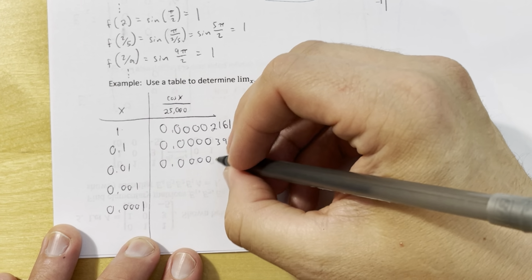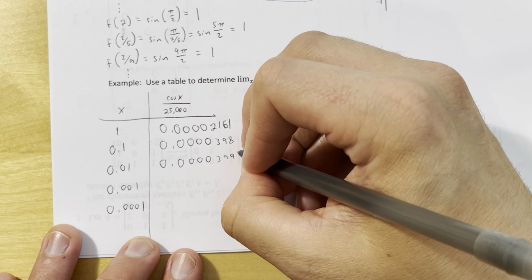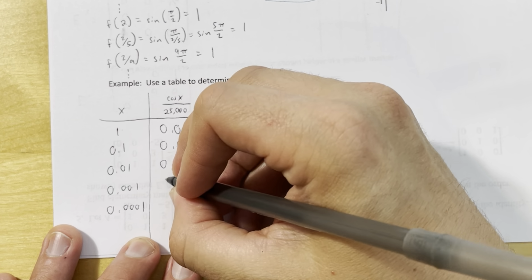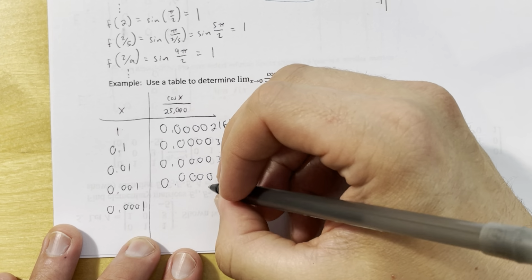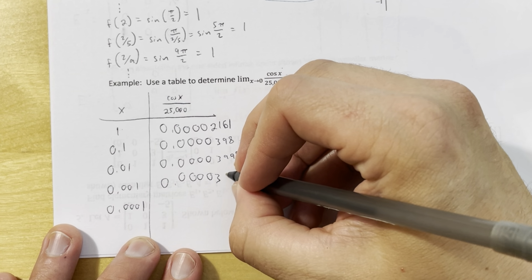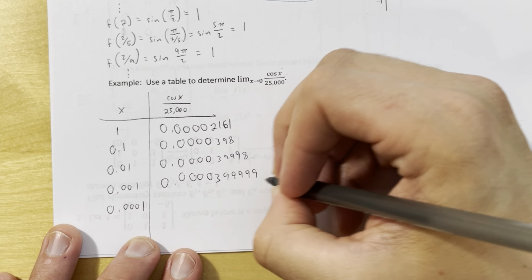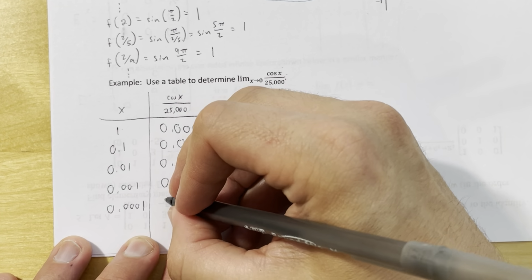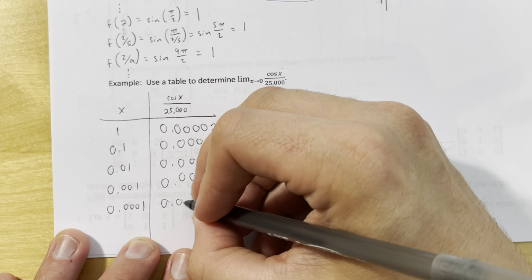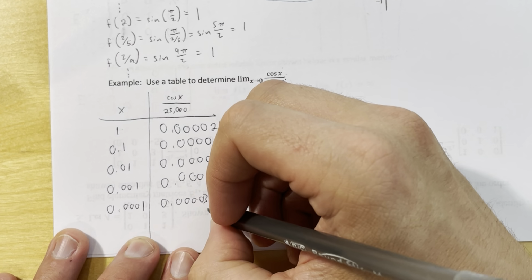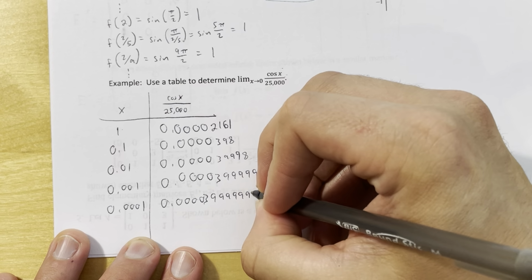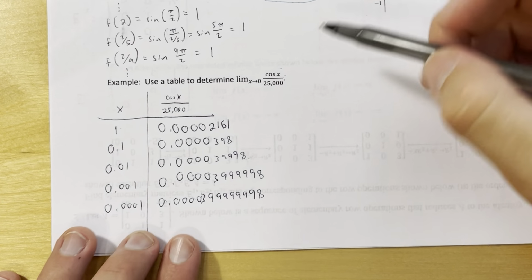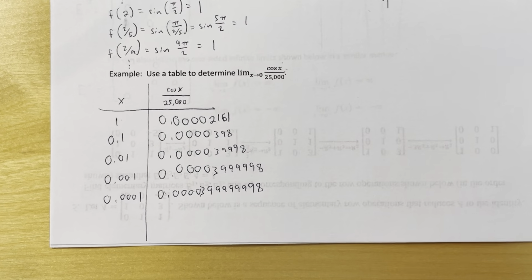This is my next value, 0.00003 9998. Then 0.0003, 1, 2, 3, 4, 5 of those 9s there, 8. Then 0.00003, and then how many did I get in this one? 1, 2, 3, 4, 5, 6, 7. So these are the outputs that I was getting from my calculator when I was doing this numerical approach